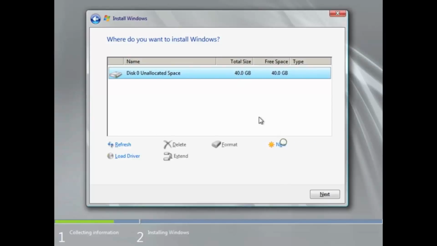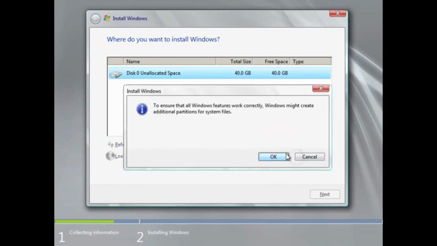We could hit drive options here and look at some of this. There are some cases where we may want to specify perhaps 2, 3 different partitions, something like that. So let's go ahead and assign one partition. Let's say in this case if we have 40 gigs available, let's go ahead and assign 30 gigs to it. Okay. So we're going to say 30,000 megs, which is 30 gigs, and hit apply, and it's going to say,